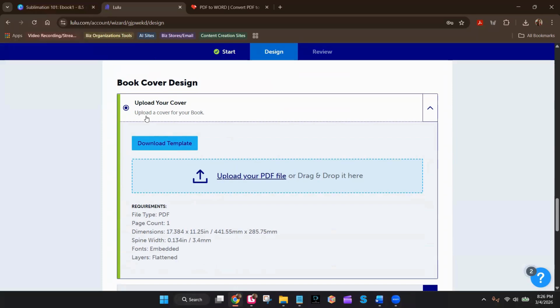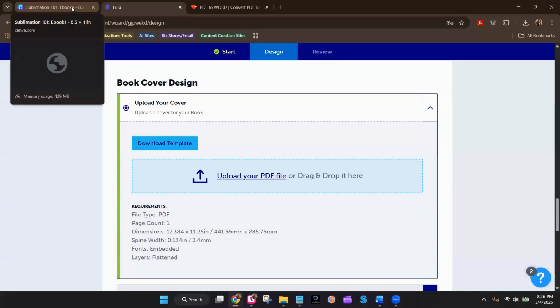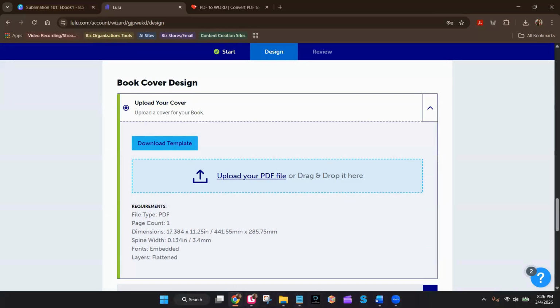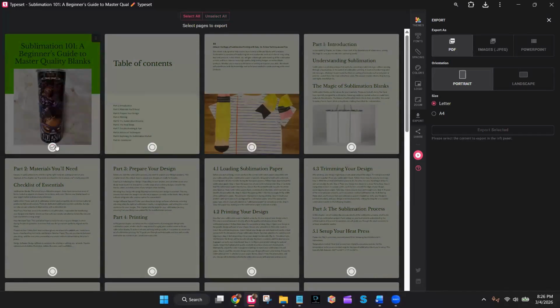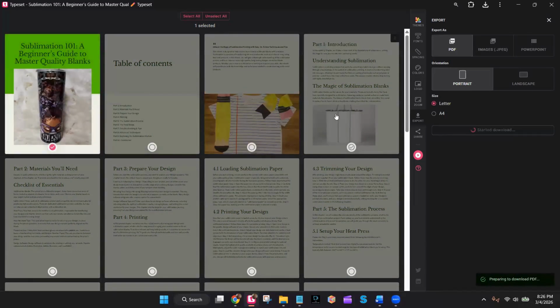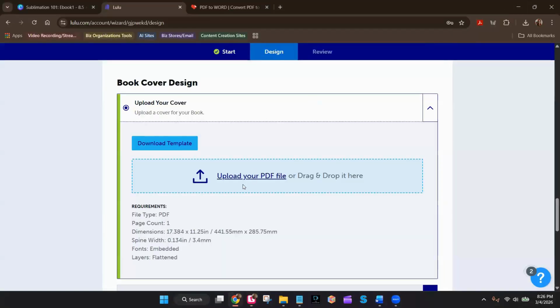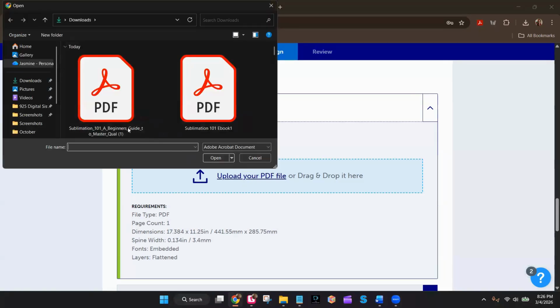So I liked it because I have done an ebook with the version that I have done before. I'm going to go back to Typeset and I am going to download the cover of my actual ebook from this site because I want to do a different version from the way that you guys have already seen it. And so once that downloads,